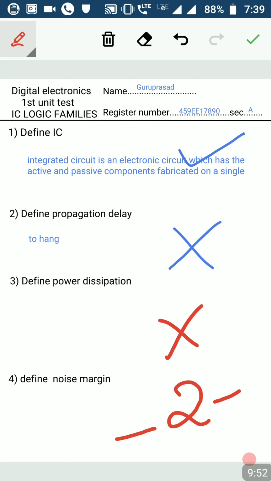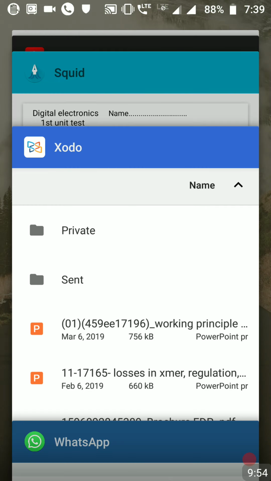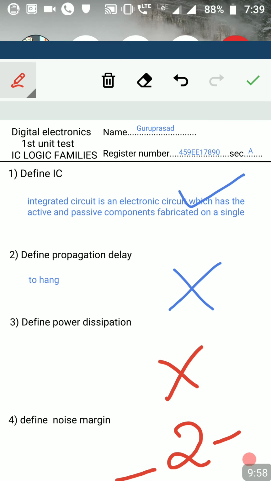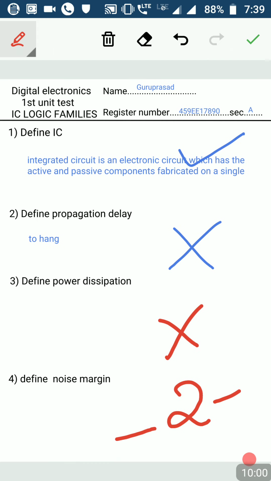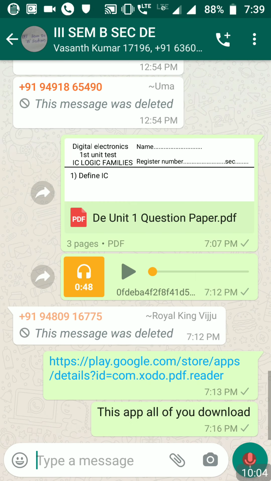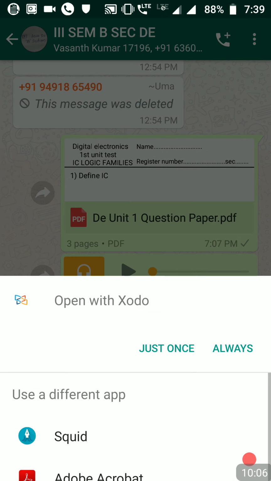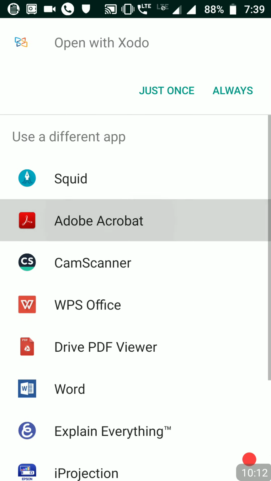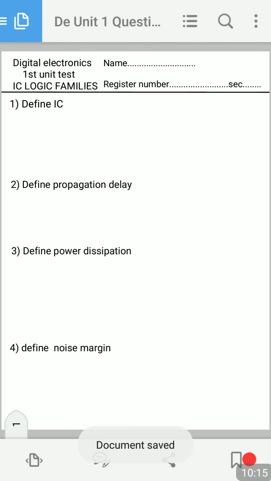Now I will go to one more application. Let me go back to WhatsApp. Yeah, this is where we are. Okay, I'll click on the question paper. I can select the Adobe Acrobat Reader, whatever we have. So go to Adobe Acrobat Reader, and then you can click on the